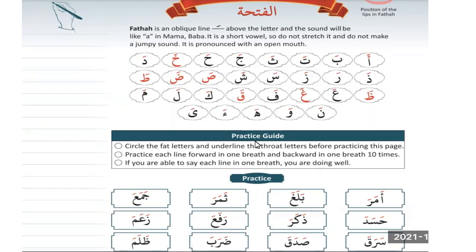So we already know these six people: alif, alif fatha a, ba fatha ba, ta fatha ta, tha fatha tha, jim fatha ja, ha fatha ha, and the next one is kha. And we also know this is in red color, right? So this is called a little fat, a little heavier than others. So only 7 letters from these 29 alphabets are the heaviest letters, the fat letters,